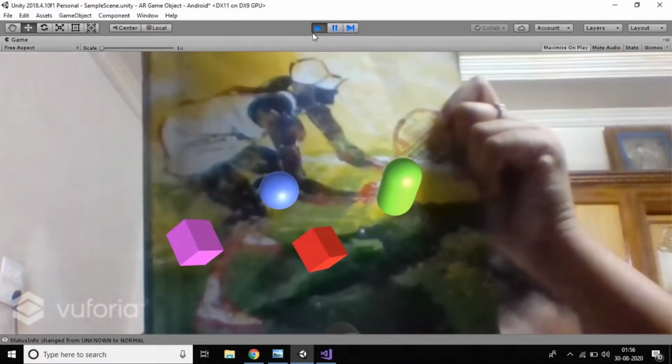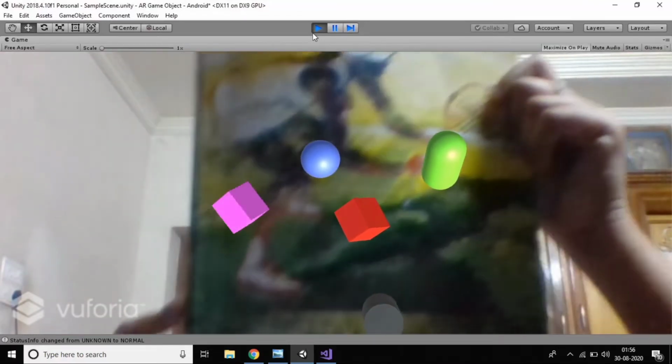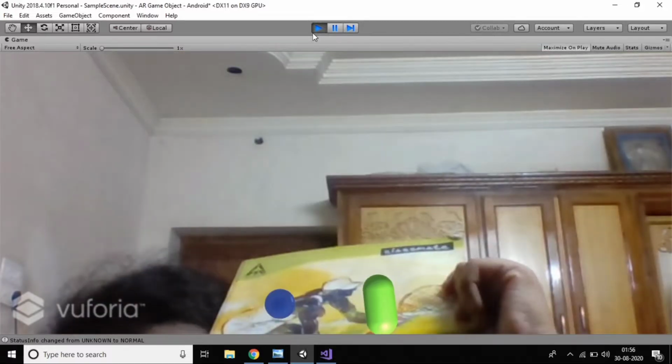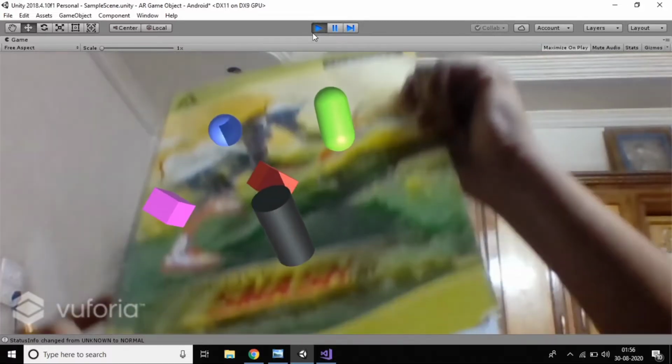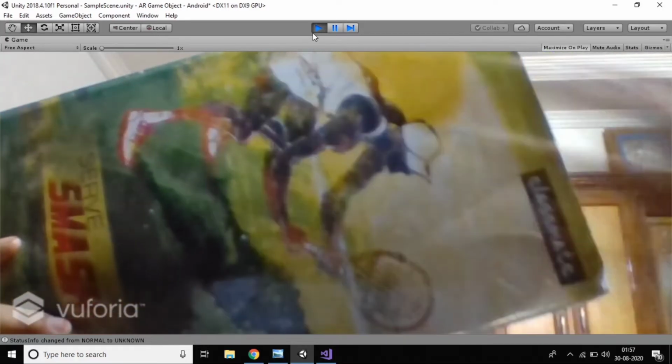Everyone, in this video I want to show a small project related to augmented reality. The project name is Augmented Reality 3D Game Objects by using Vuforia. Actually, if you scan any book, we'll get 3D objects. If you touch them, it feels like we are feeling those objects. So it's a very small project. Just watch this video till the end.